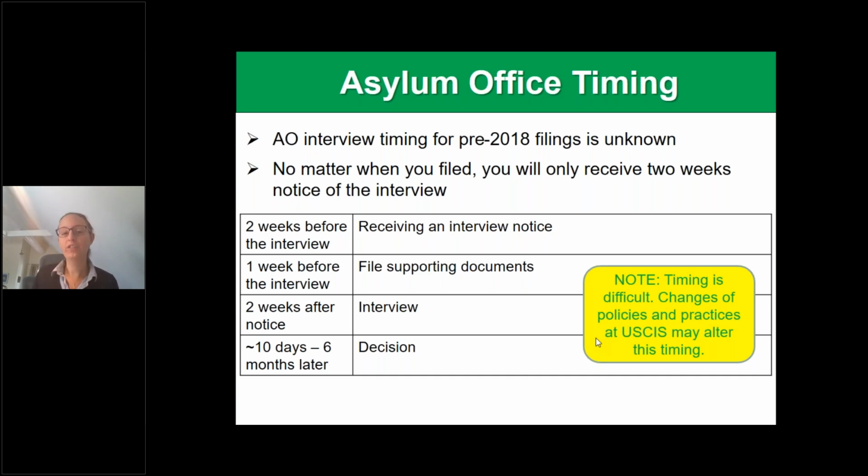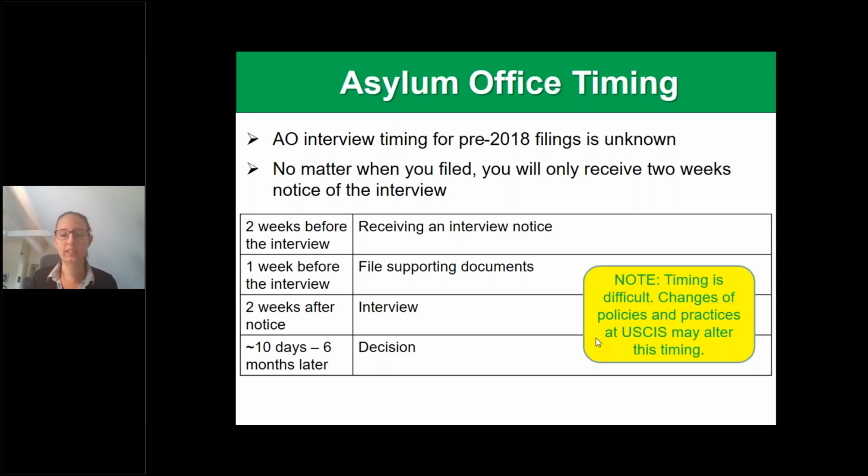For all filings after 2018, generally you would receive an interview within a few months of filing your asylum application. However, because of COVID, things are moving a little bit differently. But generally, you get a notice of your interview 2 weeks before the interview is going to be scheduled, sometimes longer, but generally 2 weeks. 1 week before the interview, you want to file all of your supporting documents, and then you will receive a decision